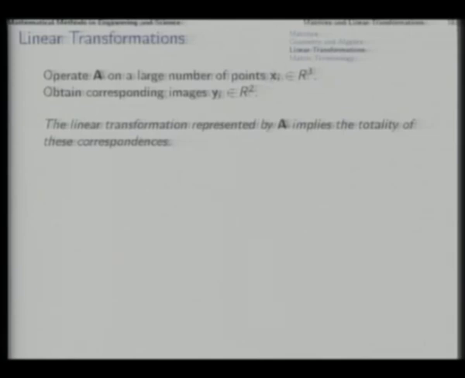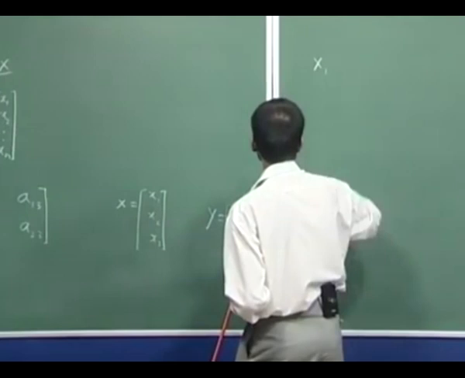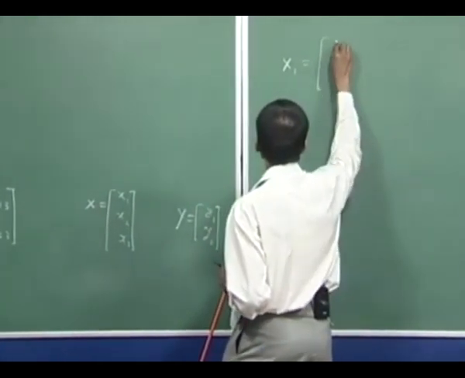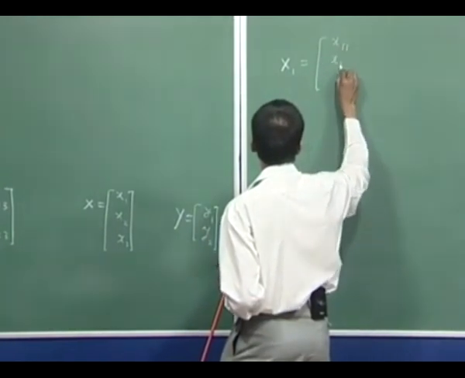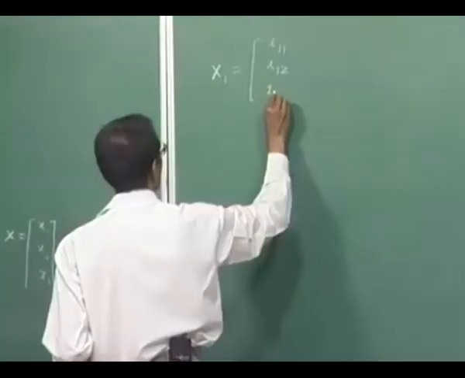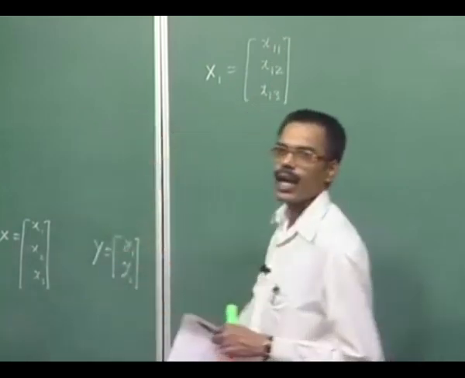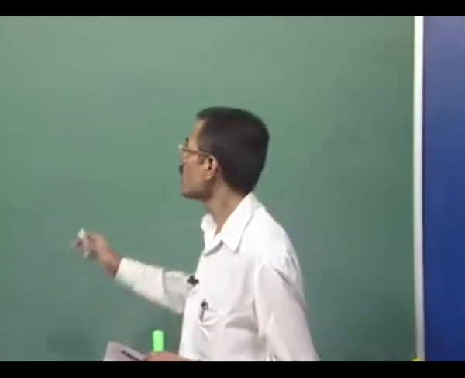We are referring to the vector, one of such vectors, and referring to it as x1, which will have several coordinates, 3 coordinates in this particular case. So, one such vector we take and multiply that vector with A. Then we get